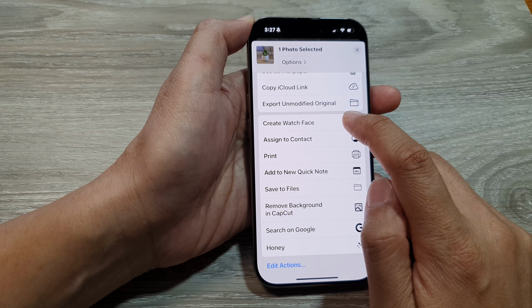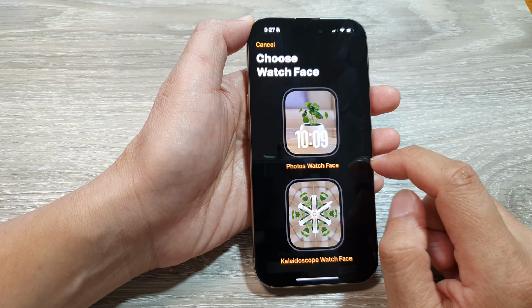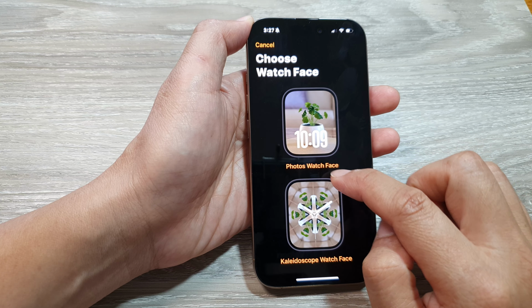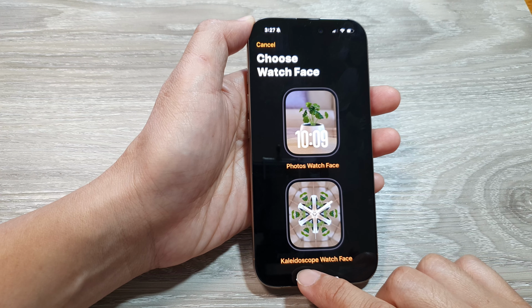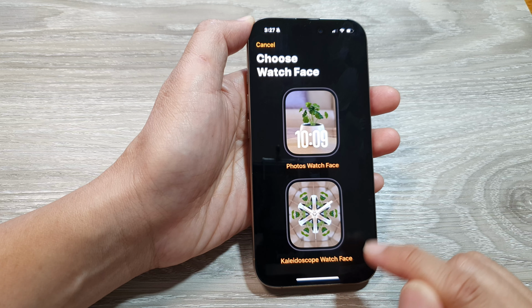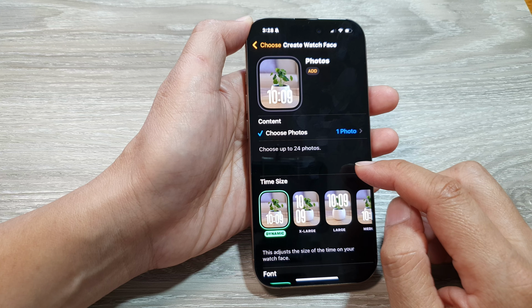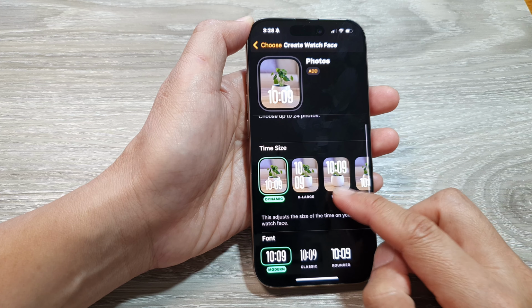on create watch face. Here it says choose watch face, so select a watch face that you want to use, photo watch face or kaleidoscope watch face. So I'm going to choose photos watch face, and then from here you want to choose a